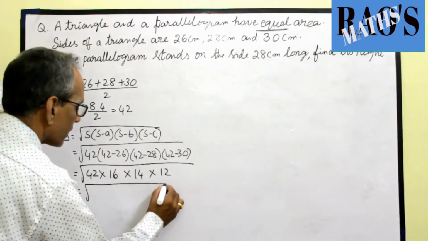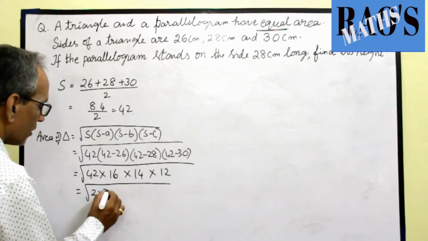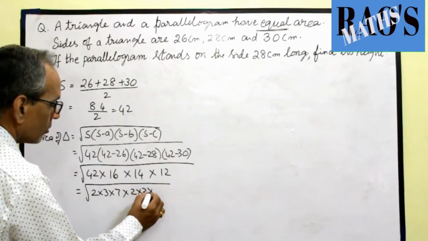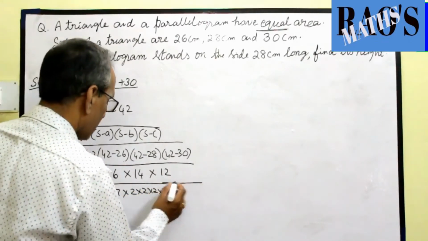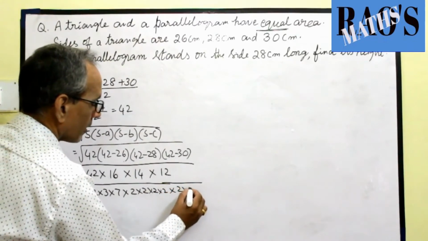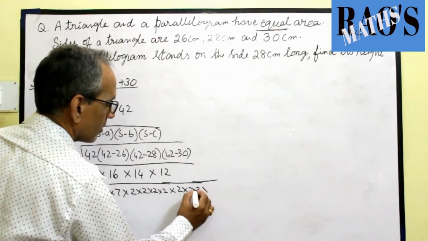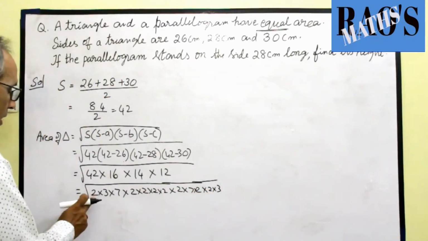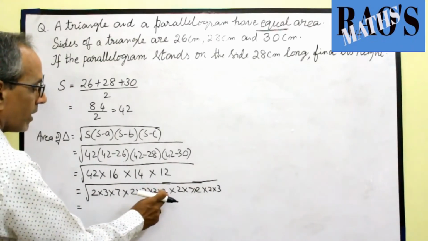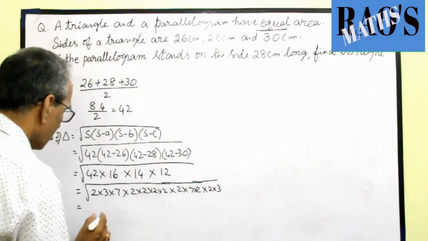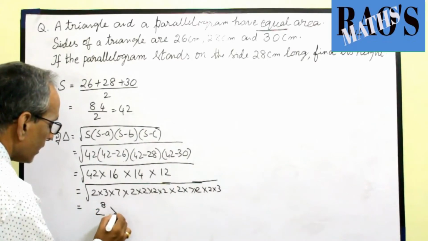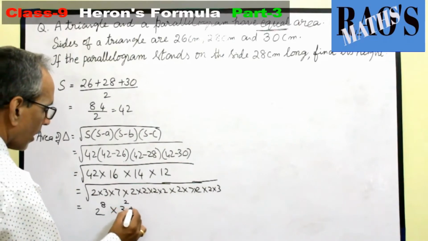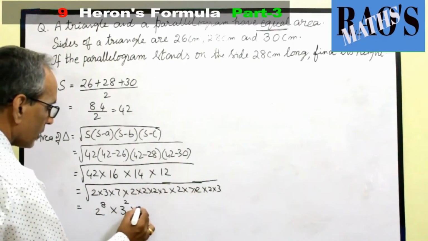Factors of 42: 2 into 3 into 7. 16: 2 into 2 into 2 into 2. 14: 2 into 7. And finally 12: 2 into 2 into 3. Let's count how many 2's we have in all: 1, 2, 3, 4, 5, 6, 7, 8. So it is 2 power 8 into 3 square and 7 square